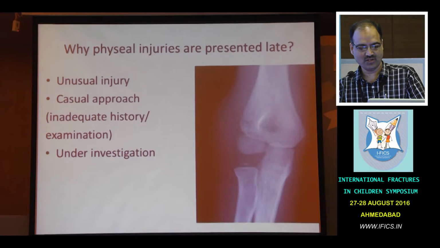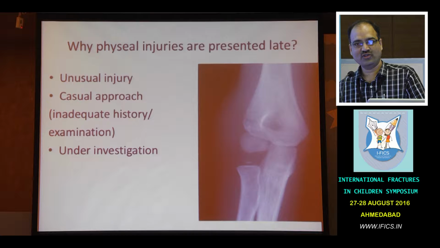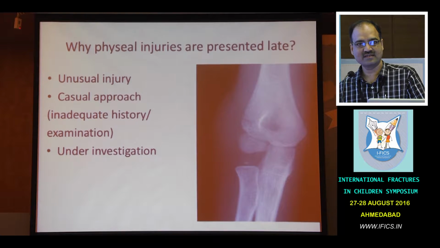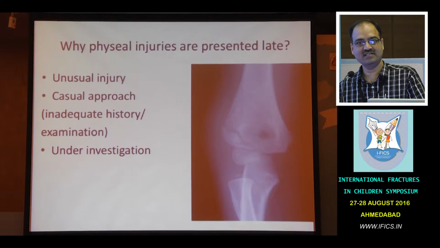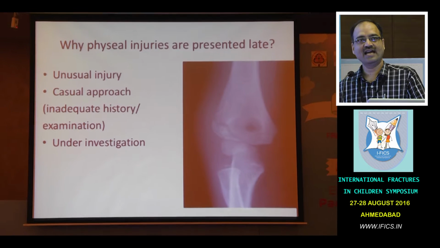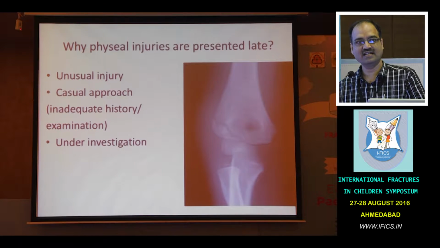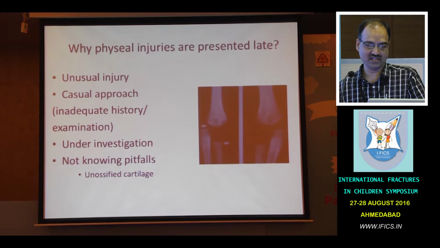Sometimes it's missed because of inadequate investigation, like initially the x-ray was normal and it was missed. Why? Because the internal rotation x-ray has not been taken. When you suspect an elbow injury, you need to take an x-ray in internal rotation and see whether a lateral condyle fracture is there, because even though it's undisplaced, it can lead to disaster.